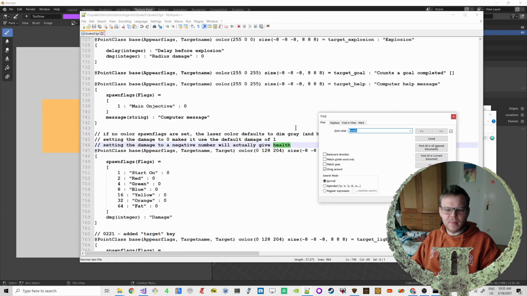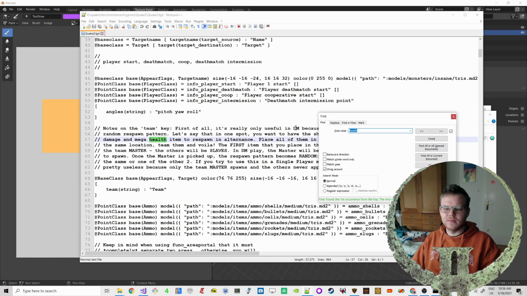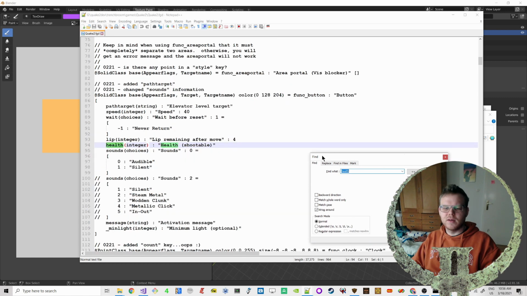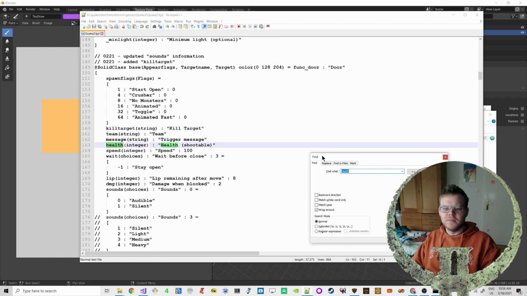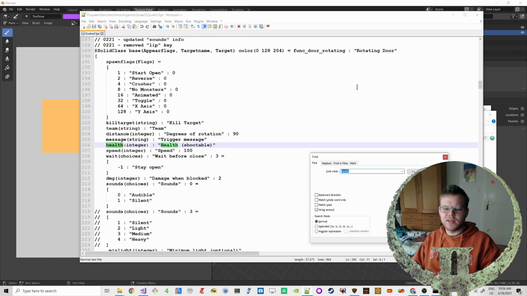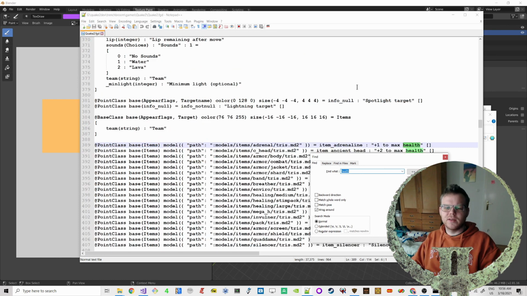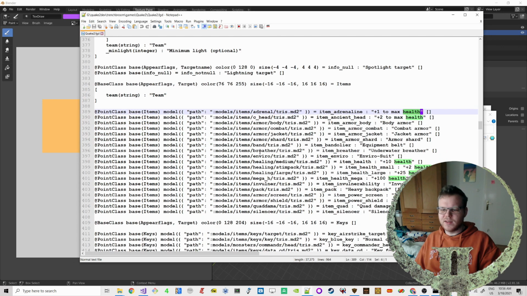So, but it looks like this actually belongs to a func door entity, or rather entity brush. That's something similar to entity, or works a little bit different. But this seems like this is what we need, right? We have all the items here. This is all pickup stuff, armor, healing, and so on. So what we just do, we copy that and say